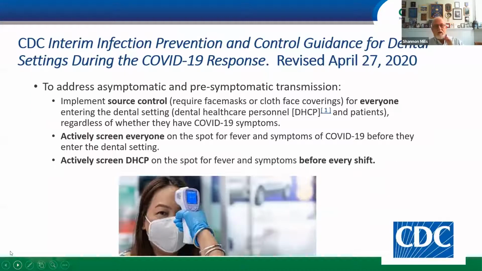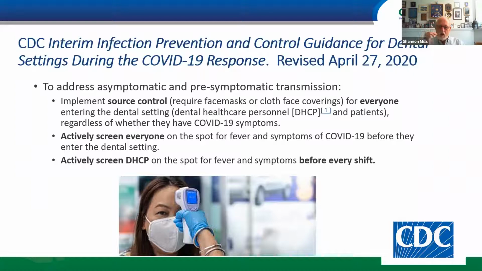Okay, now, if you read this before 27 April, it's been revised. So here are the revisions that were posted just about a week ago. To address asymptomatic and pre-symptomatic transmission, source control should be universal. So again, it's interesting. What we had was the